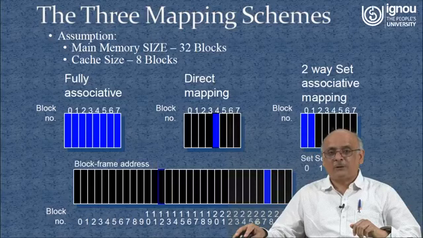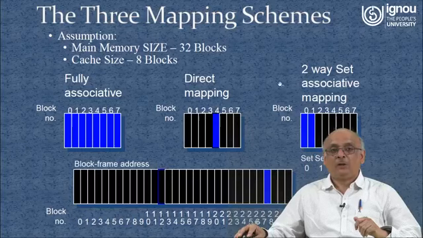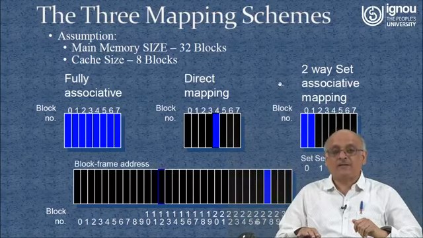So how will we come to know which set it is going to be? 28 divided by how many sets are there? 4, right? So 28 modulo 4, what do we get? The remainder is 0. So it can be in set 0, and in set 0, any of those two blocks can be. So we check both simultaneously. In the fully associative case we check all 8 simultaneously. In this we just need to check only 2. And in this direct mapping case, the comparison is very, very simple, because we just check for location 4. So this is how the overall cache mapping scheme works.